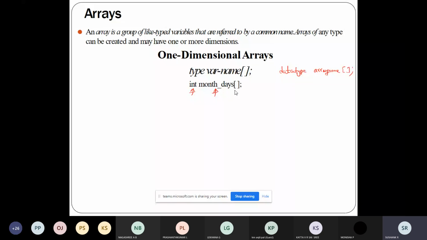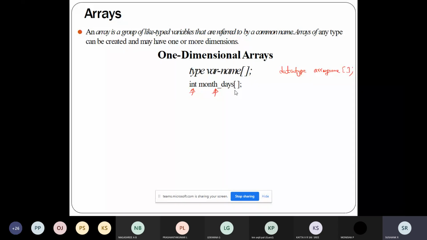Although you are declaring an array, once you write this line, you are just declaring an array, but you are not allocating memory for that. It is just telling that there is an array given by the name month_days, which has the data type integer. But actually you have not allocated memory for that. It doesn't have any memory. So the value for this month_days will be set to null, which means an array without any values. The array doesn't contain any value.